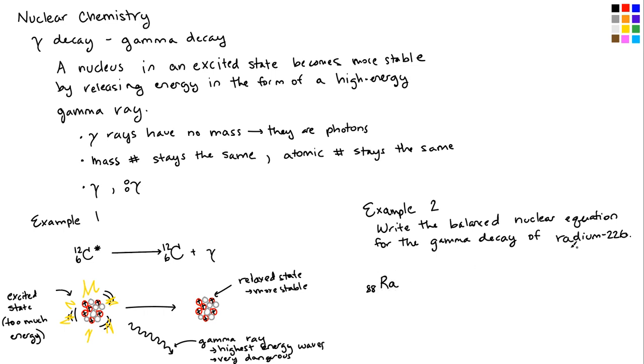The only thing you might have to memorize is that radium has an element symbol of Ra, because some periodic tables do not include the full name of the element. And then we know that it's radium-226. That's the isotope. So our mass number is 226. Okay? And when we're talking about gamma decay, remember that means that we have a nucleus, an atom, that's in an excited state, right? A nucleus in an excited state. And so I'm going to write a little asterisk there to highlight that.